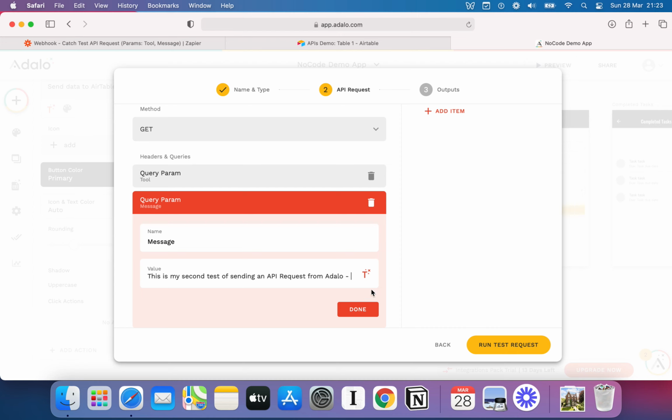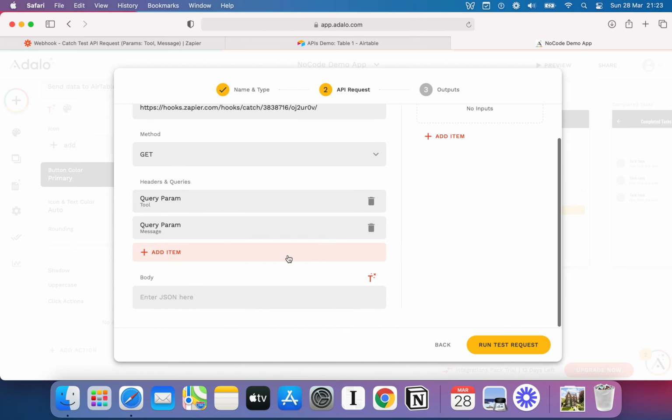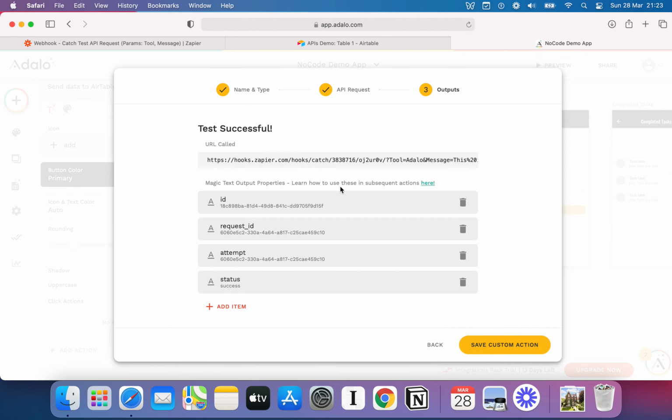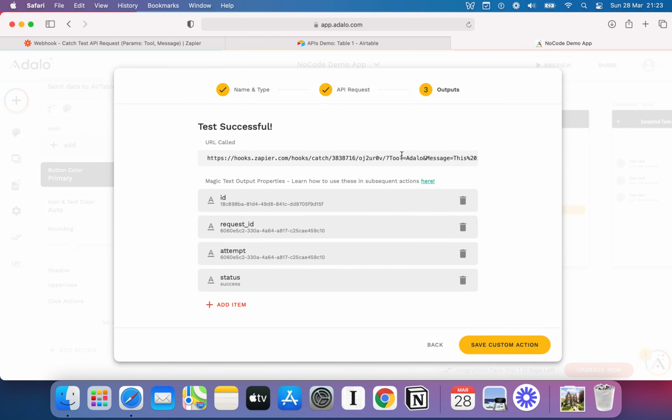And I'm even going to include a little variable. No, I'm not. So we've got everything we need there. And then we'll just run the test request. In terms of why the variables weren't available there, by the way, I'll talk you through that in a wee second, but